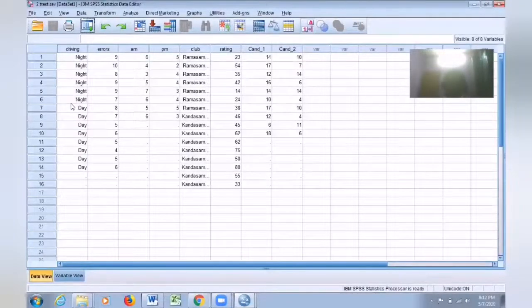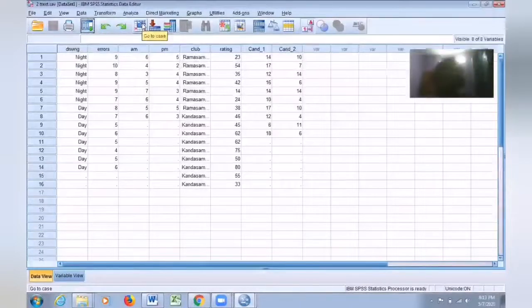So your independent variable is having 2 levels and it is a nominal data, and the dependent variable is errors. It is in numbers. This is in numerical form. Number of errors, number of mistakes committed by night driving drivers and day driving drivers. The hypothesis says that there is no significant difference between night drivers and day drivers in the number of errors they commit. This is our hypothesis. To check this, I have to go to